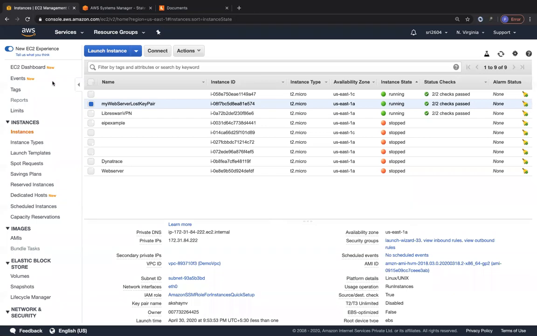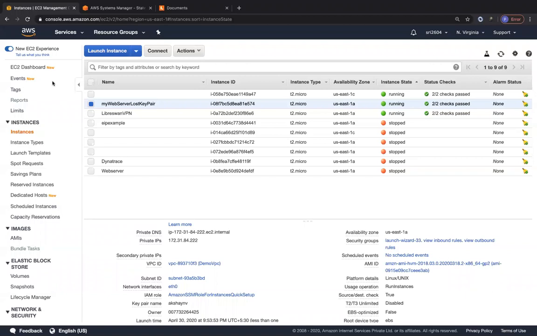In this lab, we are going to see what happens if we have lost our key pair and are not able to log into the EC2 instance. But one good thing is we have the Systems Manager agent, or SSM agent, running within the EC2 instance. How do we configure our EC2 instance to be managed by the Systems Manager service? And then how do we log into our EC2 instance using the browser-based Session Manager login? And also, how do we run some commands on our EC2 instance and look at the output?